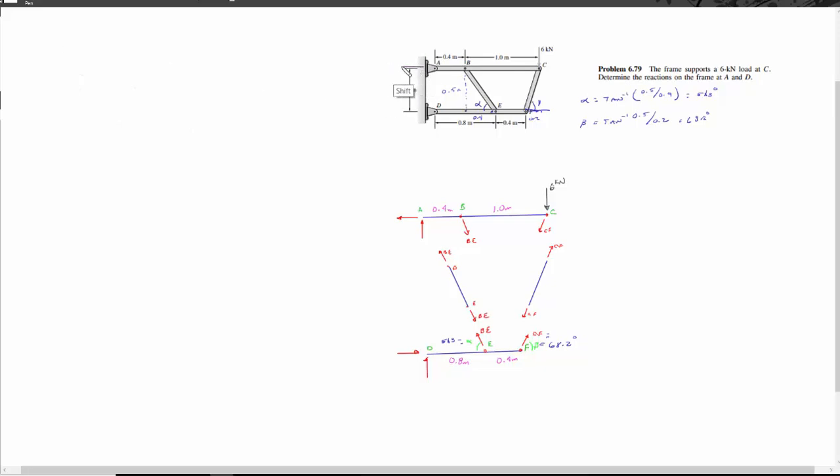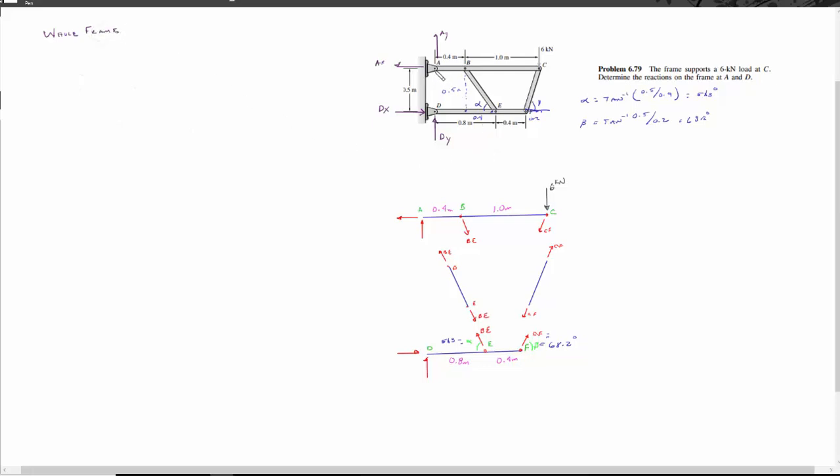We said that AX is going to the left and AY is going up. And we said there that DX and DY would be as shown here. So let's come over here and just put the whole frame. If we're analyzing the whole frame here,